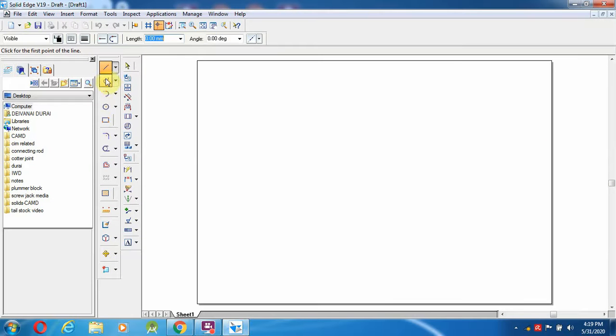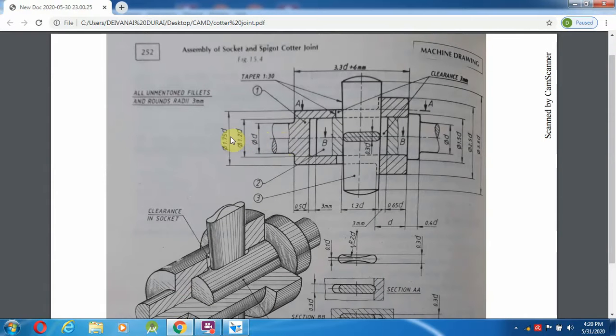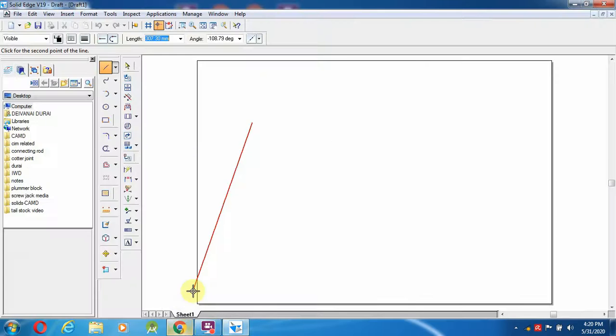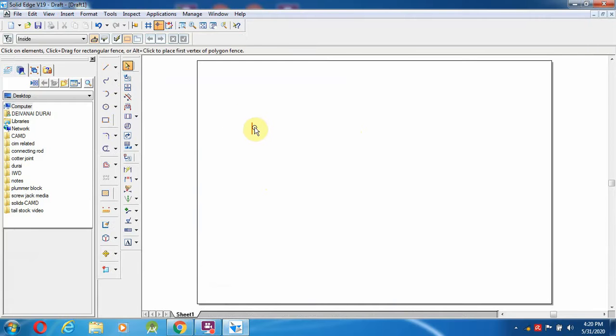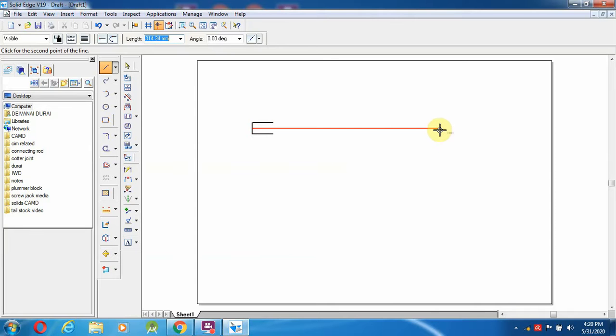In the socket, first I am going to draw the diameter, which is given here as 20 mm. So I make the 20 mm diameter, and also the length from here to that particular distance, and here also up to the same length. It is for our own use. And from the middle I am going to draw an axis line.